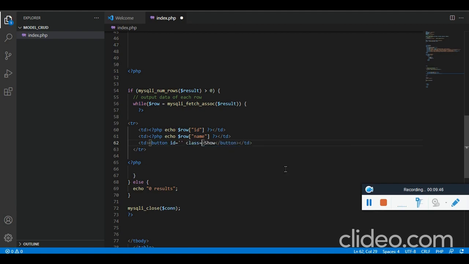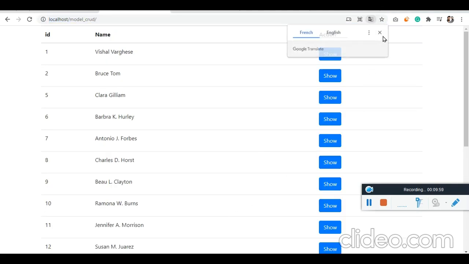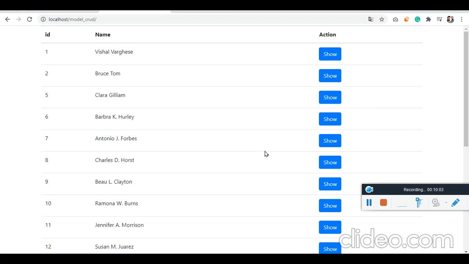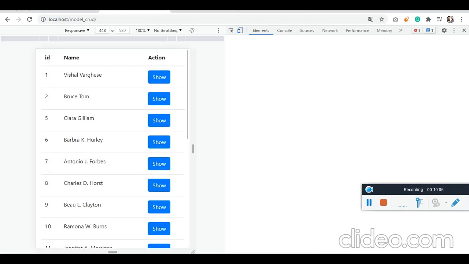Let's have the Bootstrap class btn primary, and we need to pass this ID. Let's pass this ID over here. Now if you refresh